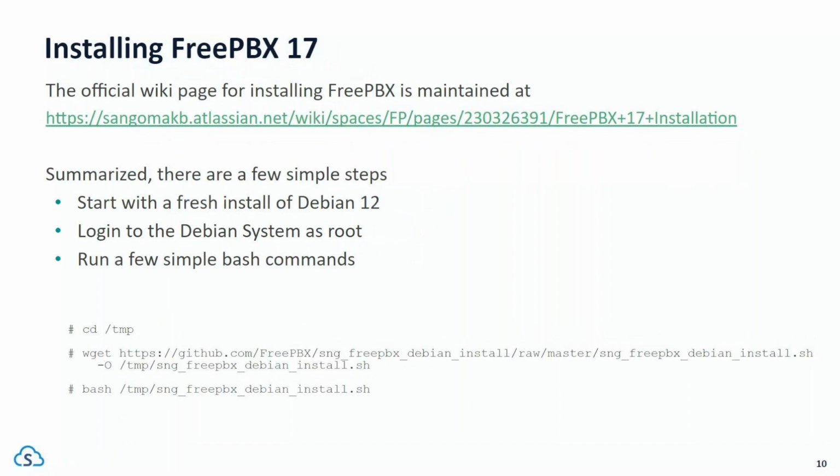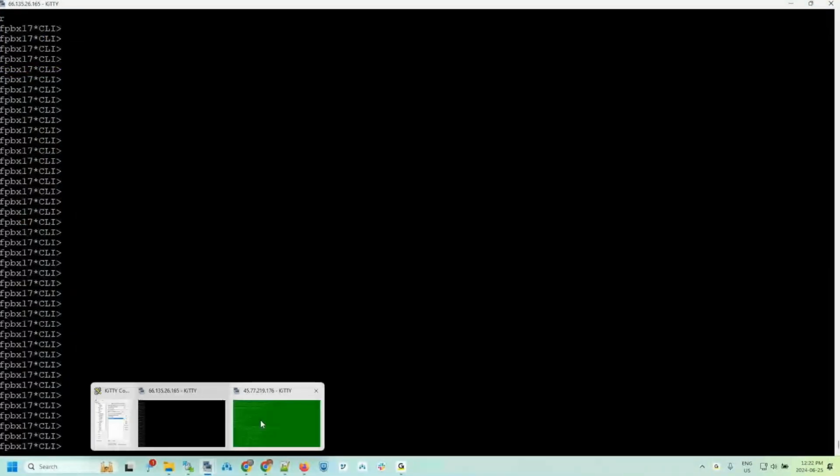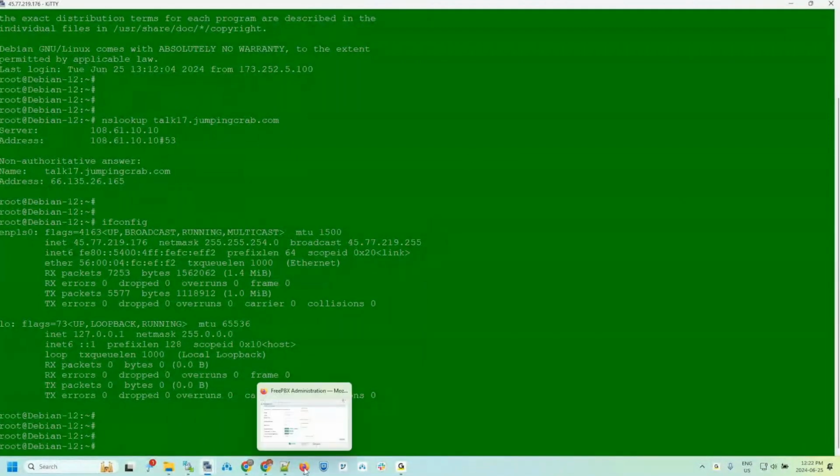Disable my camera, and I need to take control to share my screen. Share my screen. I'm going to do entire screen. I'm going to start with this one. So this is a fresh Debian 12 install that I set up fairly recently, specifically for this purpose. I'm going to browse to